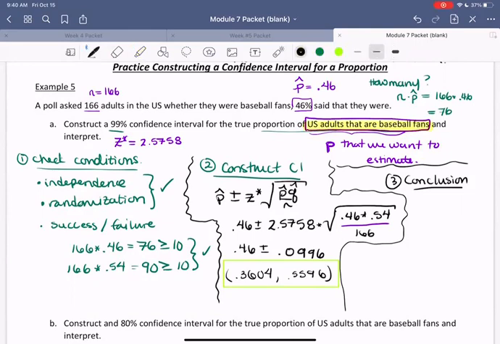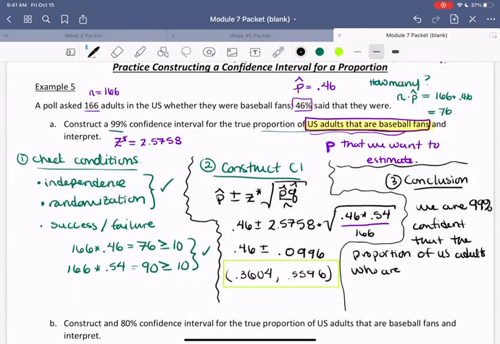So to set that up, we would say we are, in this case, 99% confident that the proportion of US adults who are baseball fans